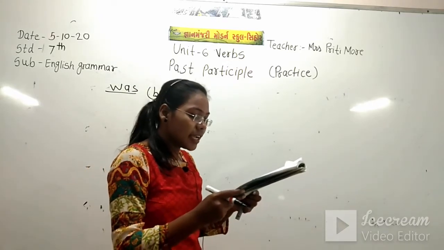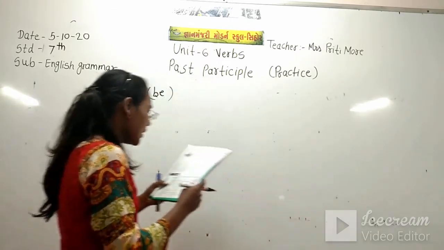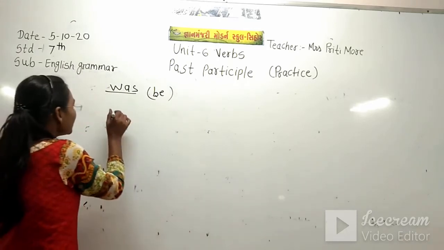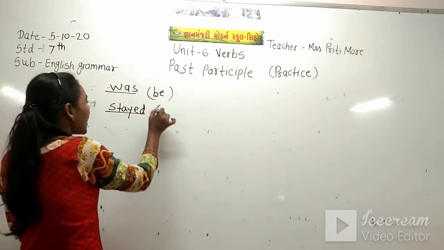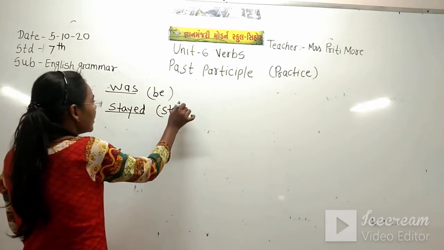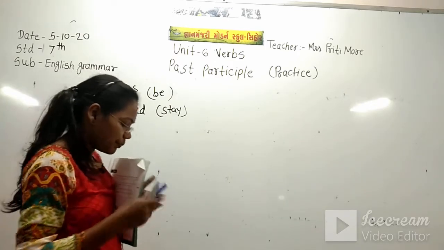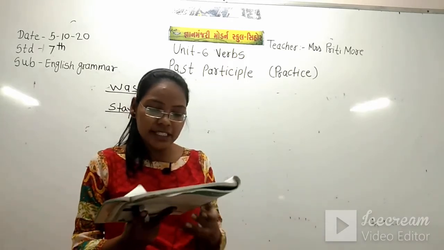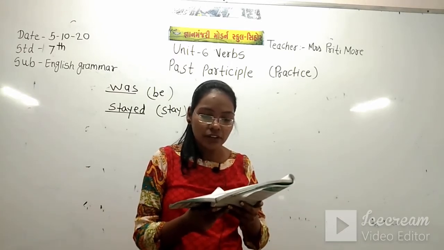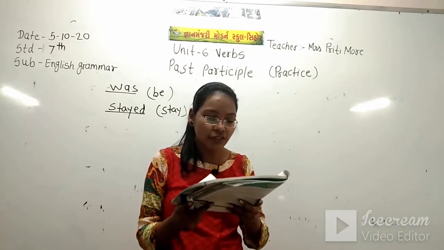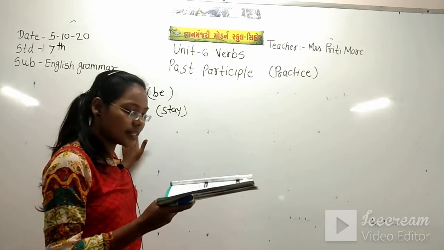Now the second, we just have to write, stay verb is there. So stay second form is stayed. What will come in the blank space? There will come stayed. In the bracket stay only is written. The answer is stayed. So how will be the sentence? One evening in 1995, Carrie Gordon Trantham was returning home from Florida where her daughter stayed. Where her daughter stayed, in the blank space stayed.